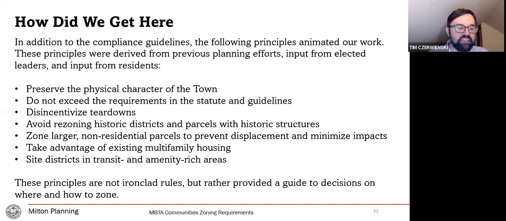But we want to take advantage of as much of that existing multifamily housing as we can. And then finally, we want to site districts in transit and amenity-rich areas. The point of this law is to create transit-oriented development. We are able to site up to 50% of our district outside of the transit area. And where we have done that, what we've tried to do is put it in places where